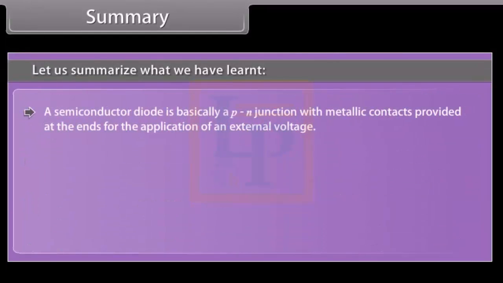A semiconductor diode is basically a p-n junction with metallic contacts provided at the ends for the application of an